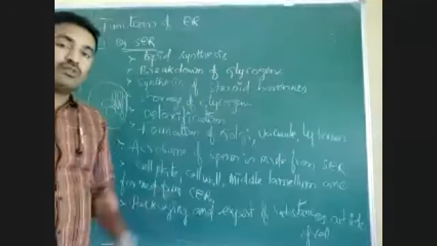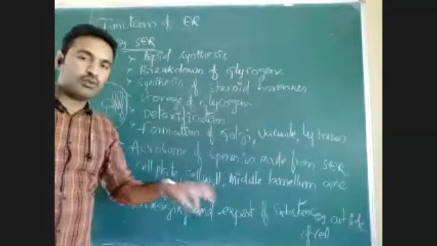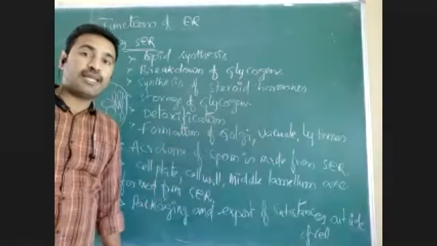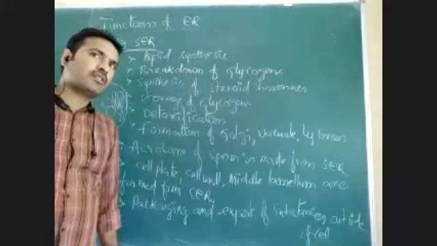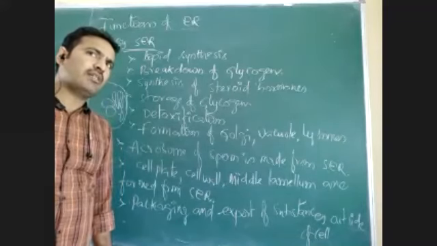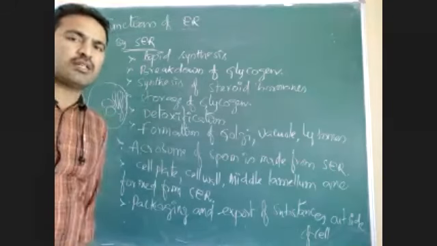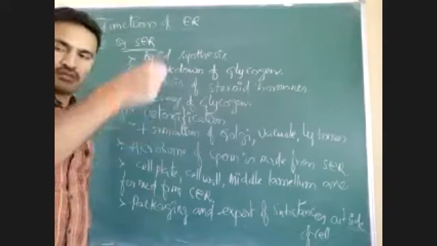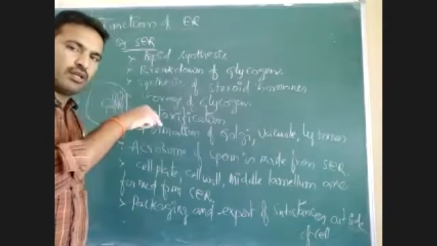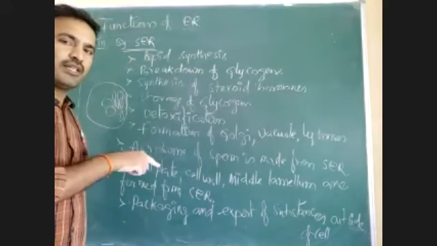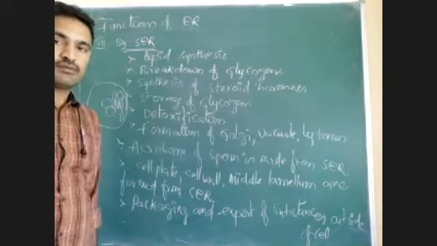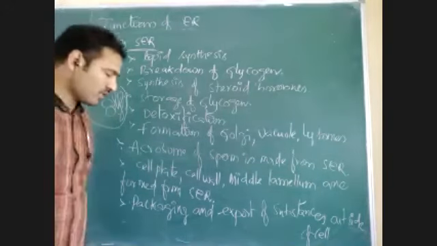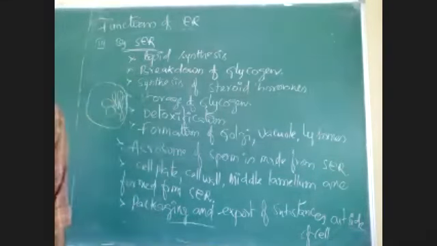You can take a break now. You can join the next class. Up to this topic, you have to write for WPT, from the beginning of eukaryotic cell. That means plant cell; animal cells may not be included. Refer to the flow chart we gave: plant cell, cell wall, protoplast. Protoplast is again divided into protoplasm, nucleus, cell membrane, like that. From that flow chart up to this point, read well for WPT.